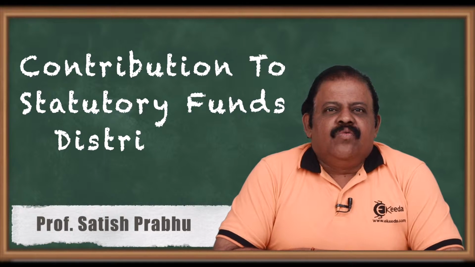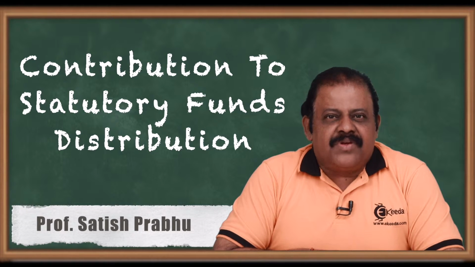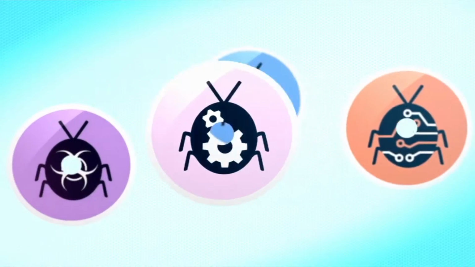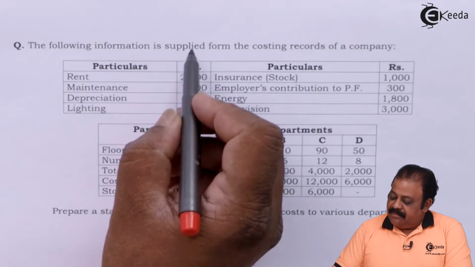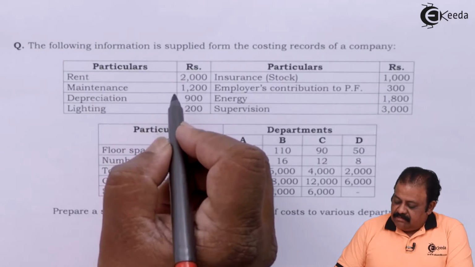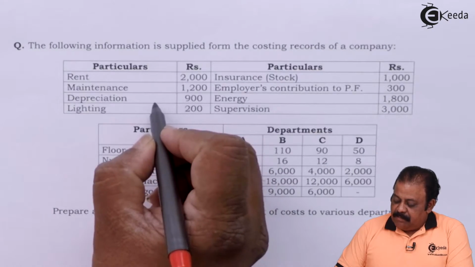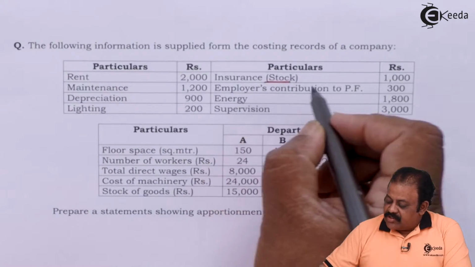Hello friends, we'll discuss one question of primary distribution of production overheads where certain statutory payments towards funds are given in the question. Let us read the question. The following information is supplied from the costing records of the company: rent, maintenance, depreciation, lighting, insurance of stock, employer's contribution